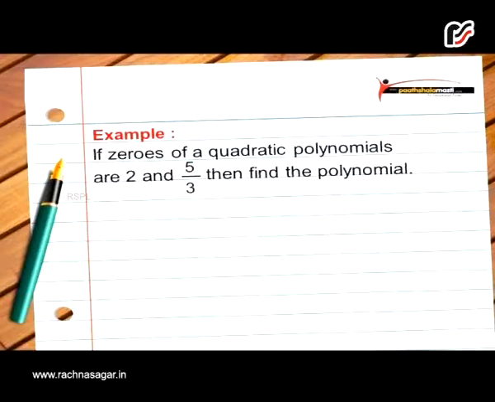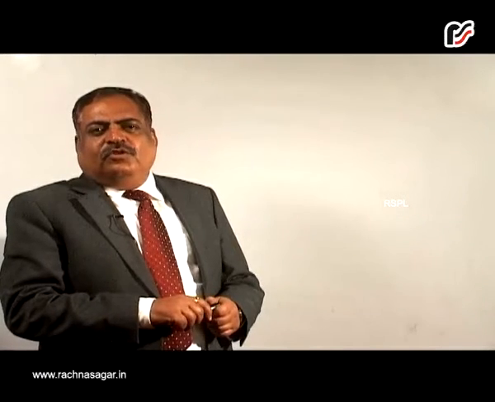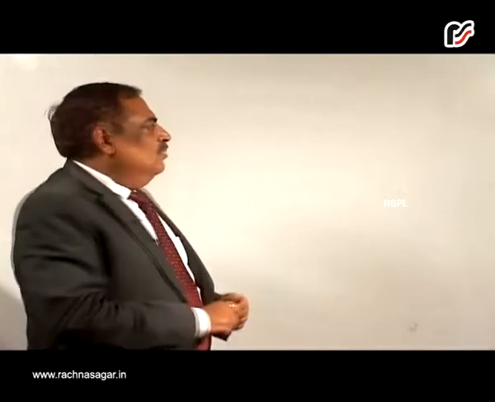Now we solve one question. If zeros of a quadratic polynomial are 2 and 5 by 3, then find the polynomial. Start. We know a quadratic polynomial is given by